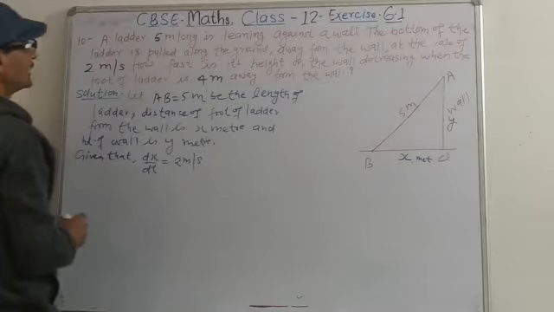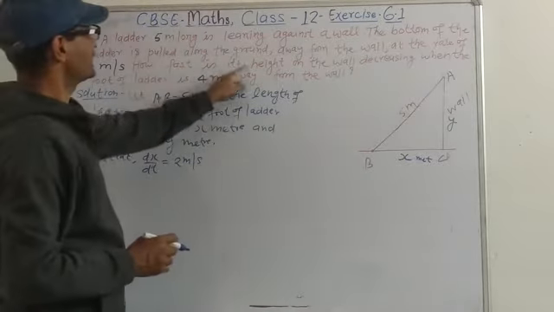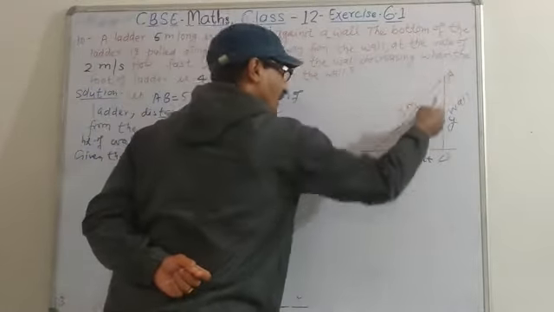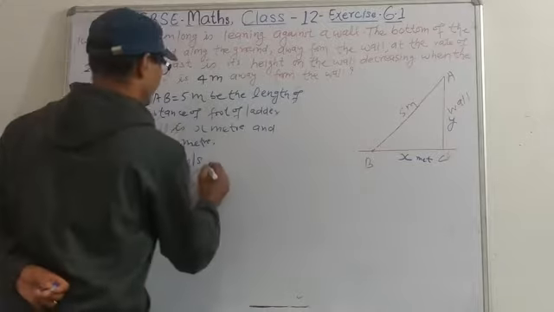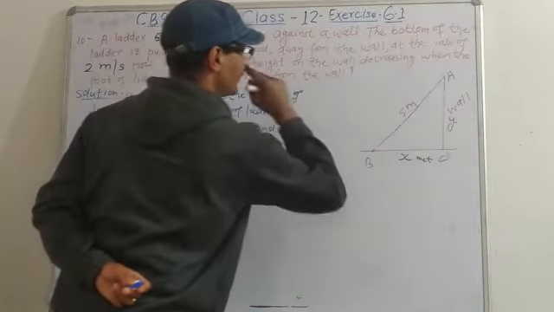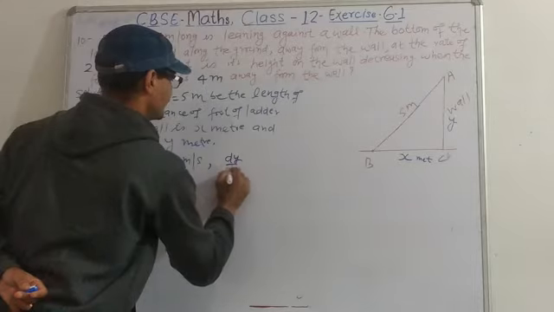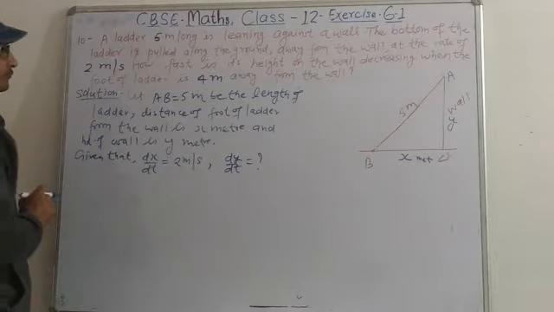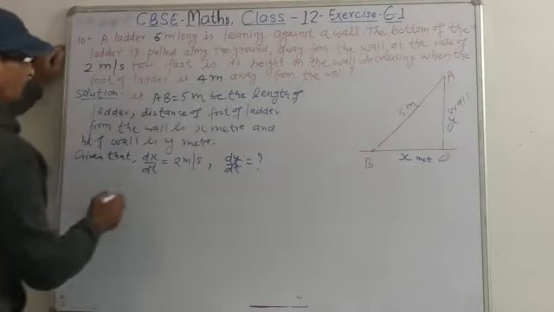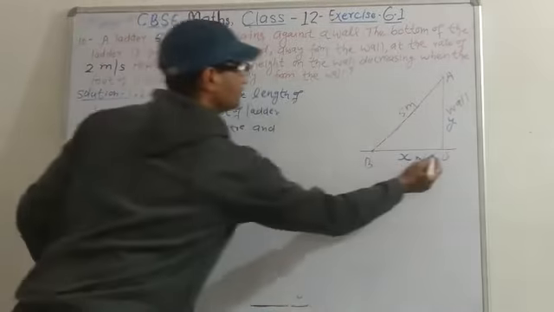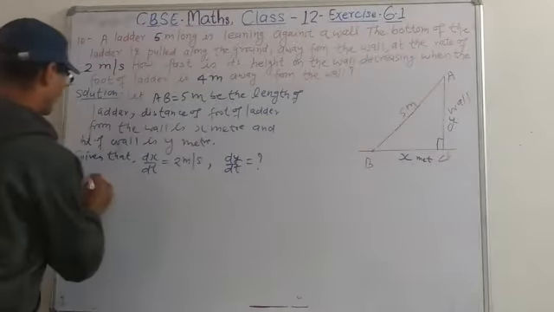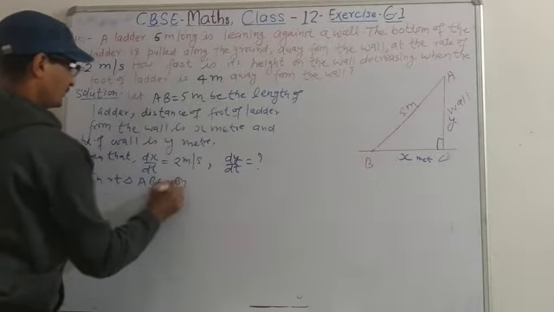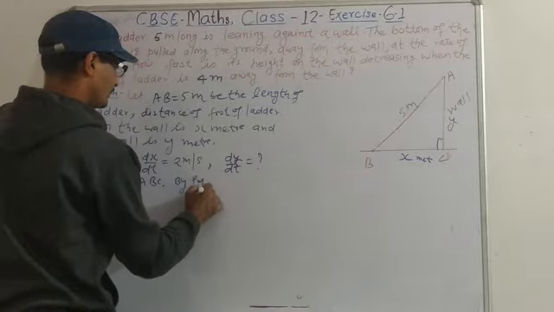So what is to find out: how fast is its height of the wall decreasing. Height of the wall, that means decrease होगा जब ये इधर बढ़ेगा तो डाउन आएगा, that means it will decrease. So what is to find out, this height of the wall is y, that means rate of change dy by dt to be found out. So it is a right triangle. So in right triangle ABC, right angle में क्या यूज करते हैं, always we use Pythagoras theorem.